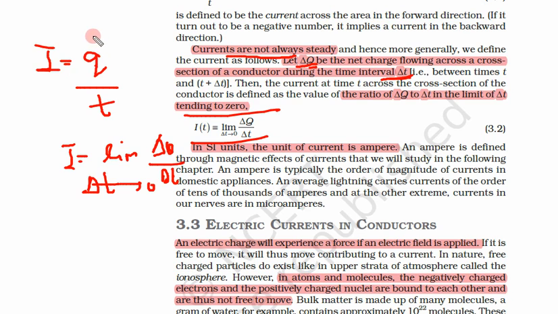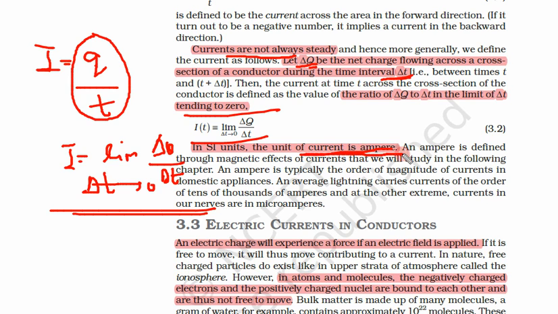Only thing is, why? Because it is not necessary that an equal amount of charge transfers in every equal amount of time. So we always take, in a very small amount of time, how much charge has been transferred from one side to another. The SI unit of current is ampere. Ampere, we show it by A. So this is about electrical current.